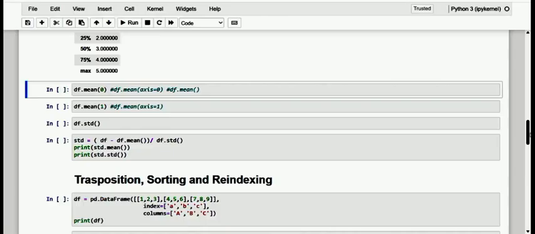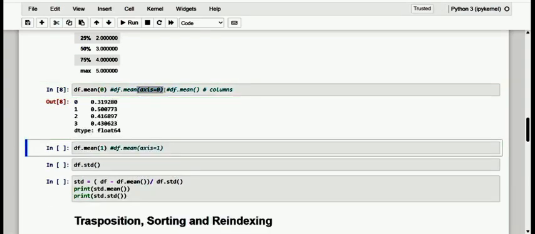And of course, if you want to make it on the columns, kindly observe: here I specify it is on columns. We have to specify 0, the main attribute, axis equal to 0. Let me see here.